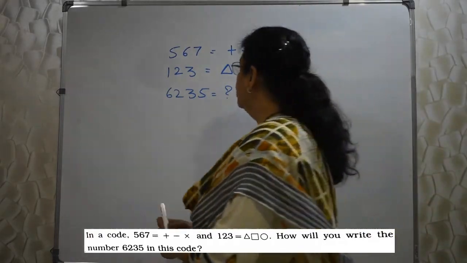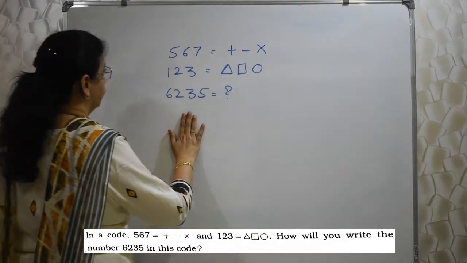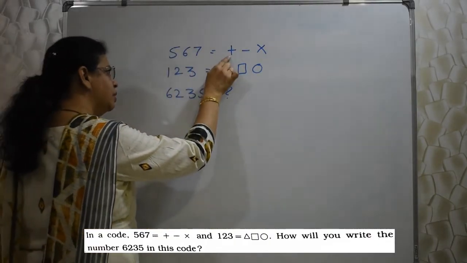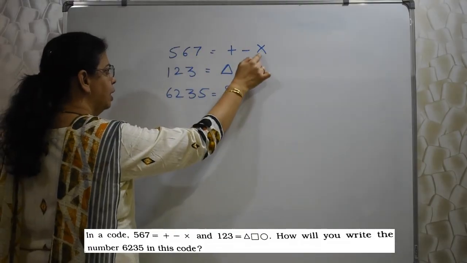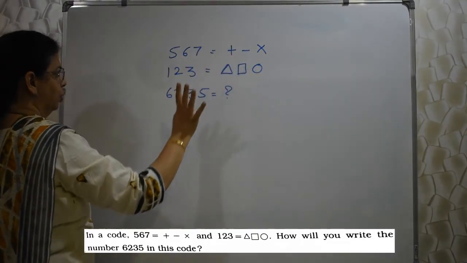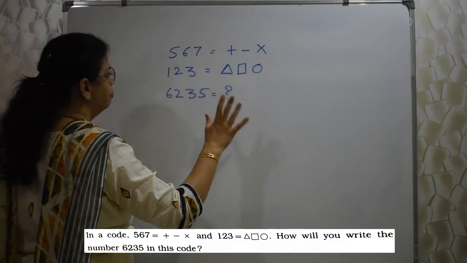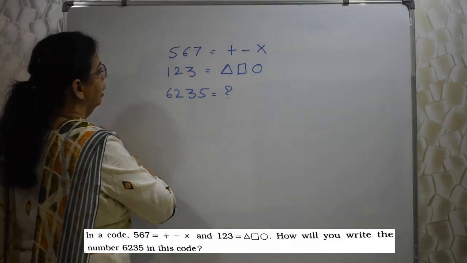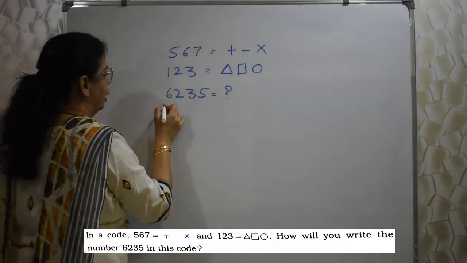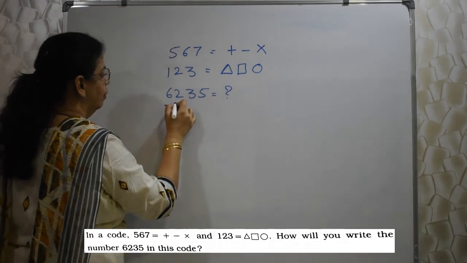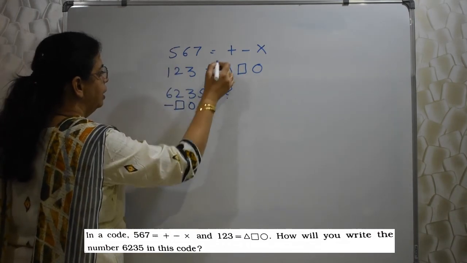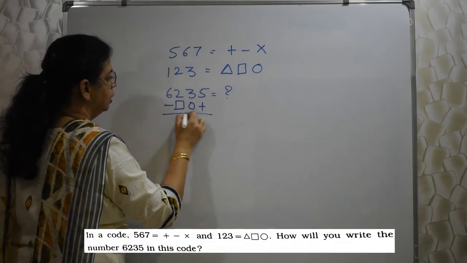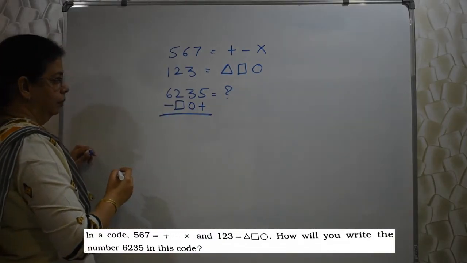So, this is the simplest form. First one is plus, 5 is plus, 6 is minus, 7 is into. That is multiplication. Okay, it is as simple as that. Now 6 क्या है? Middle वाला. So minus. 2 is here middle वाला. So this. 3 is circle. 5 is plus. This is as simple as that.